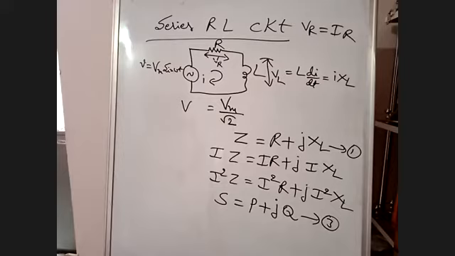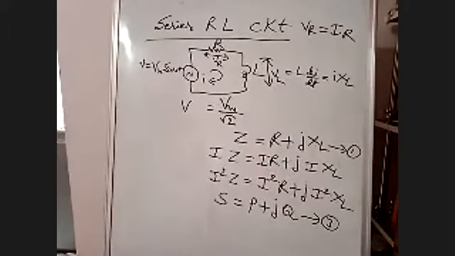Your input is divided across R and L. That is the full voltage you are applying across R and L. We won't get half wave, since we are not using any rectifier here. That's why I take the full wave RMS voltage. If you use a rectifier, then if it is a half wave rectifier, we take the half wave formula. If it is full wave, we take full wave. Okay, is it clear?